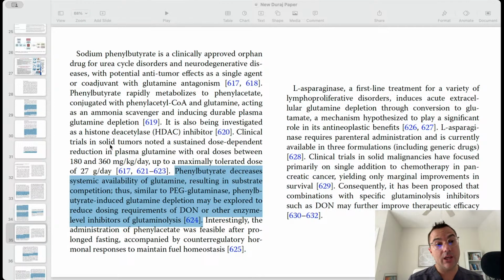And I think if it's safe and if it's not going to cause significant side effects, and what it's saying here is it may reduce the dosing requirements of DON and other enzyme inhibitors of glutaminolysis. Maybe it will work in a synergistic way that allows us to use DON less frequently, or maybe a lower dose, and make the whole thing more tolerable, which I think is pretty cool. Yeah, okay. So let's go back to the slides here. So that's kind of the glutamine piece of it,